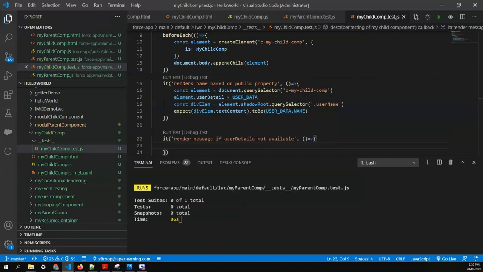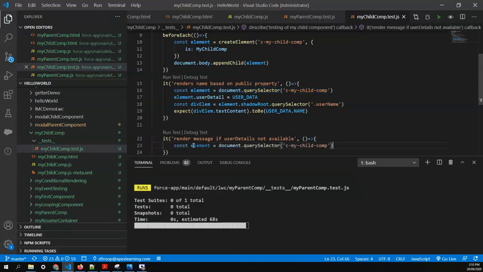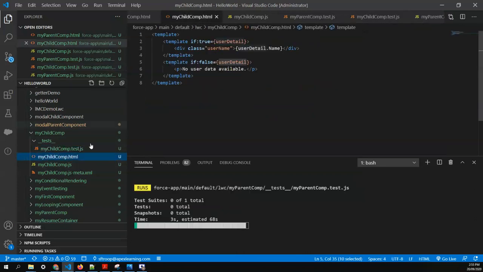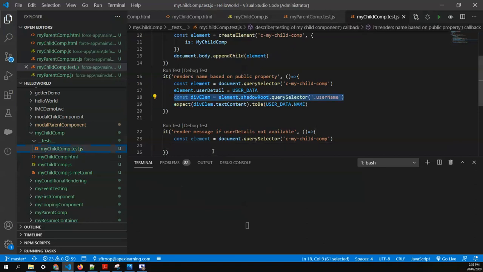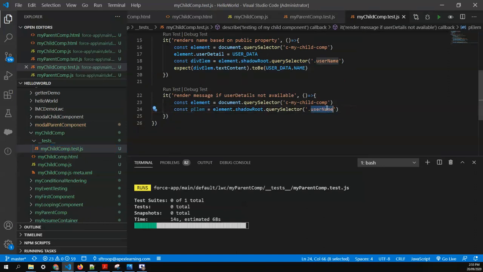And again the same thing, we need the element to run our test, and we need a tag to test this. Here it's a p tag. I can go with the class as well as the p tag, whichever way you want. So I'll say const p element, and this time I'll go with the tag instead of class.